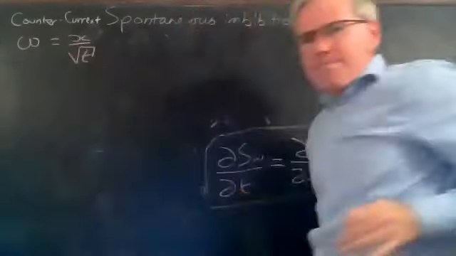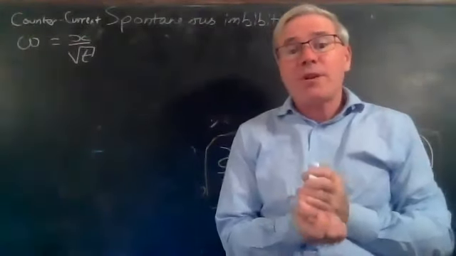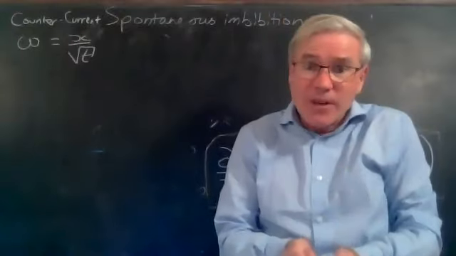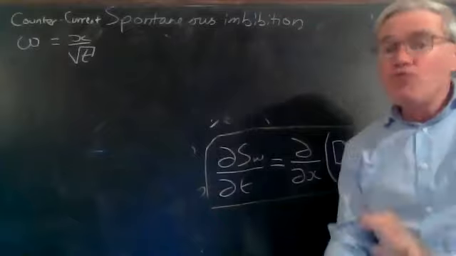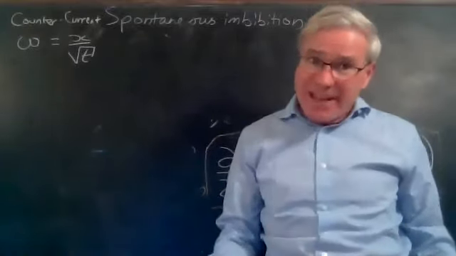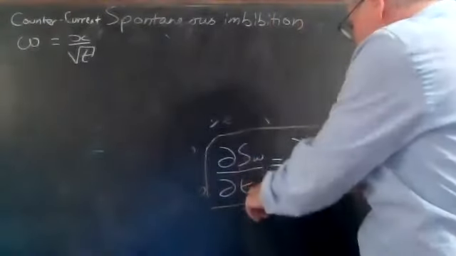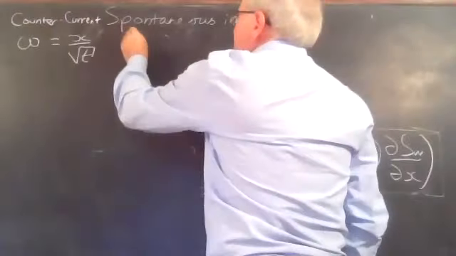And just as I did in the Buckley-Leverett solution, I looked for a solution that was a function just of v, x over t. Here, because it's diffusive, it's going to be x over root t. Don't panic. If it doesn't work, it doesn't work. Let's see if it works, okay? So now we've got a d by dt and a d by dx. So a ds by dt